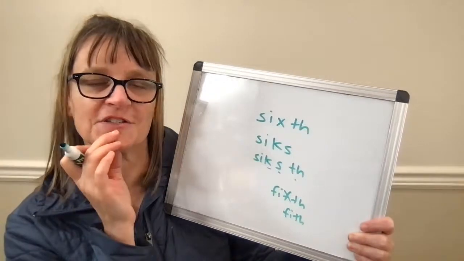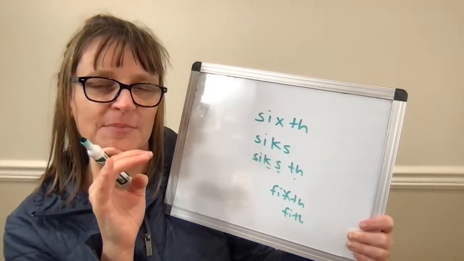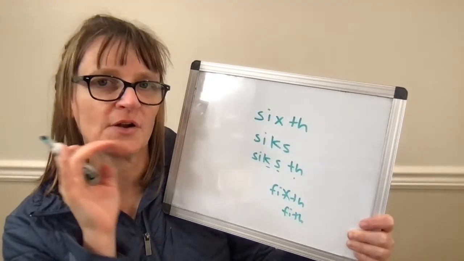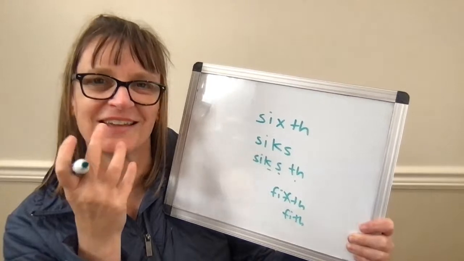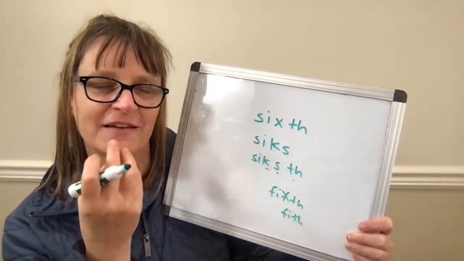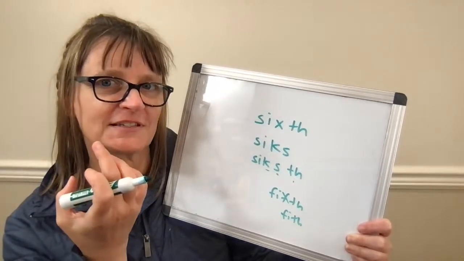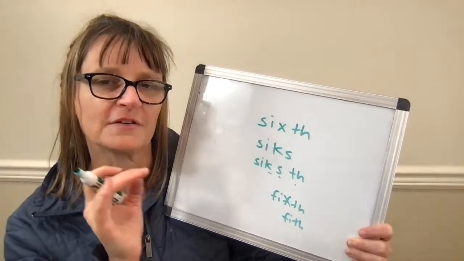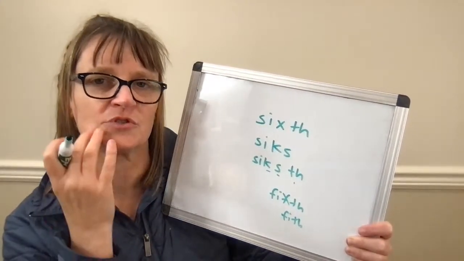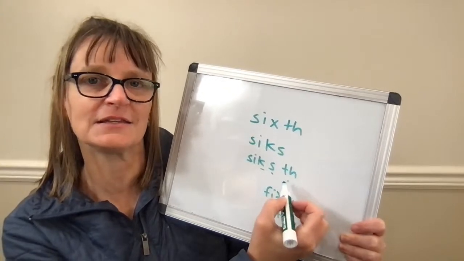What your tongue does there is it goes from behind the teeth for the S to sneaking between the teeth for the TH. You don't have to go super far out. Sixth. You can cheat a little bit and have a little bit closer to against the teeth T sound. You don't want sixth with a strong T, but you don't need a long F either. Sixth. So just try to practice going and then